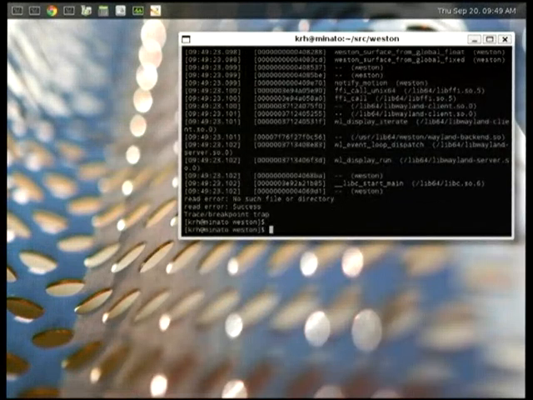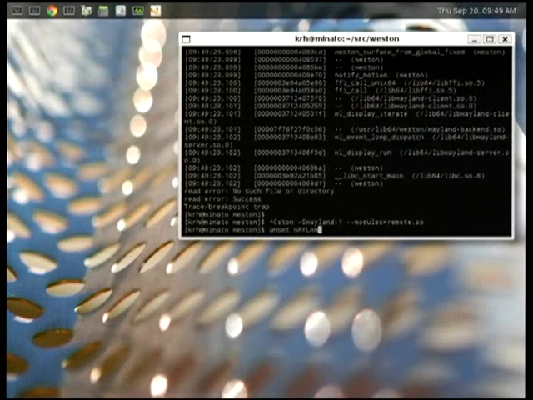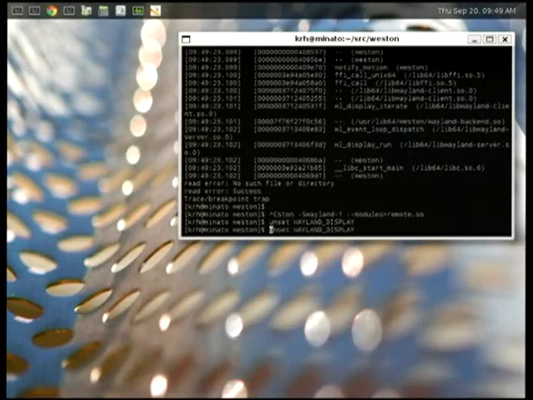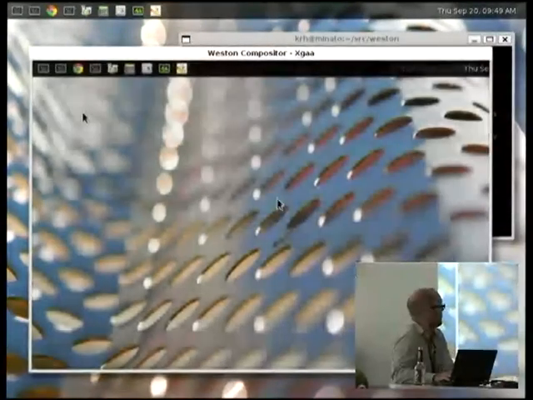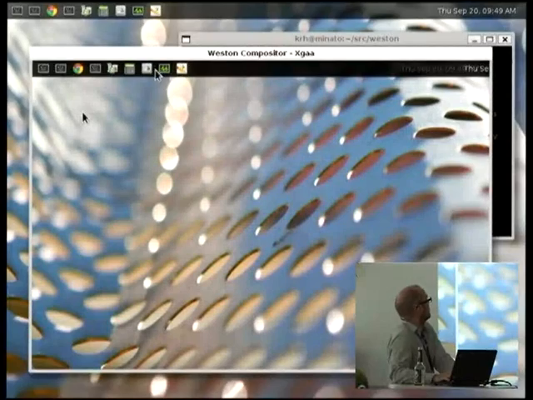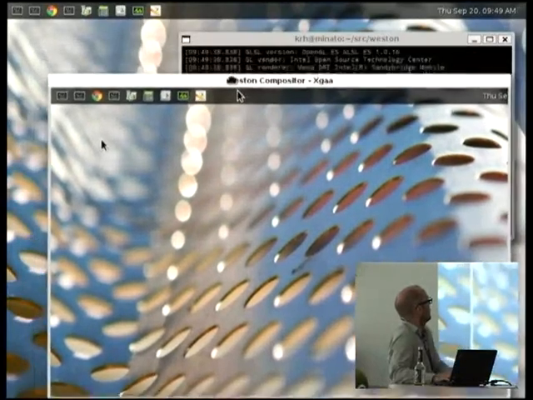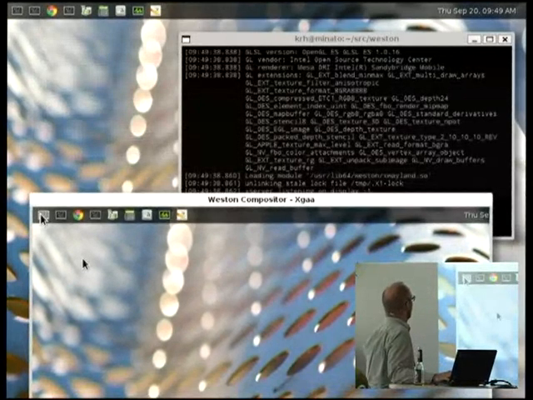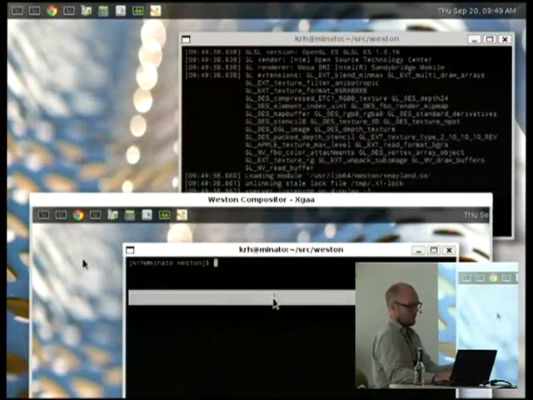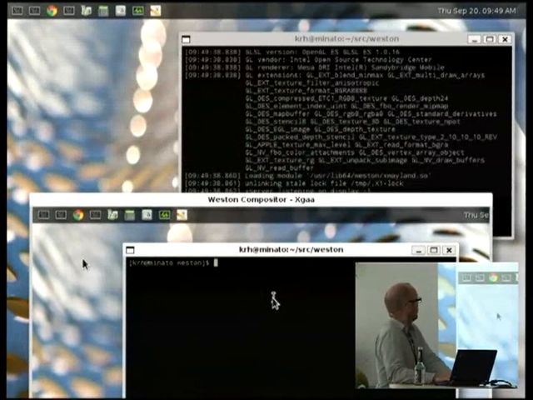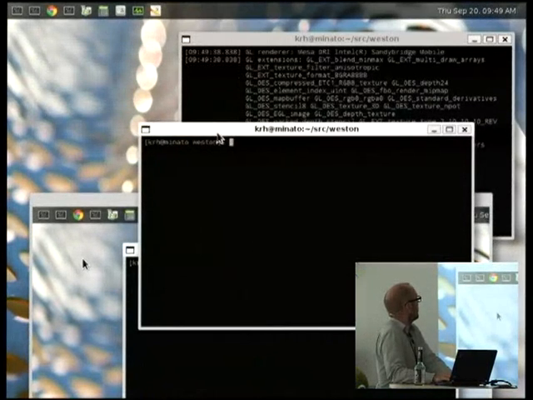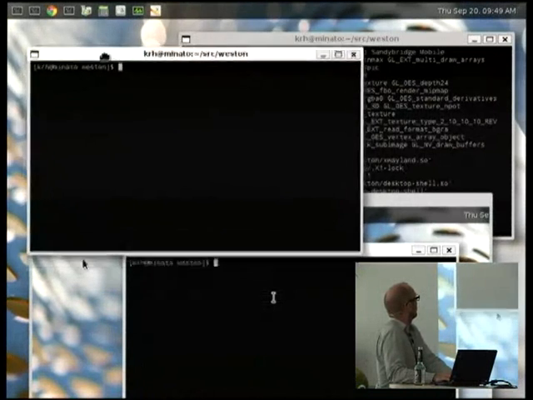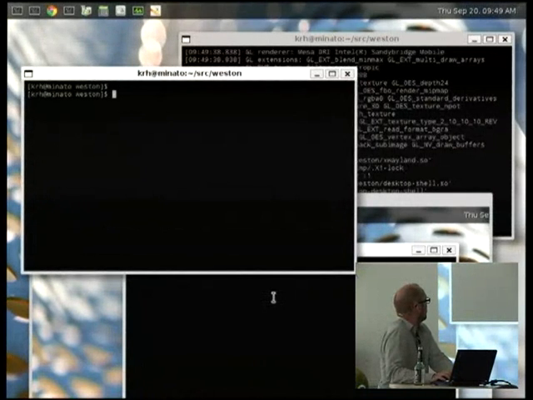Okay, let's try something else. We can run it as an X application too. So this is Wayland as an X compositor running under Weston. So what we can do is we can grab this window and we can say forward this window to the other compositor. And now this window is out here in the main Weston compositor, and it's the same window because